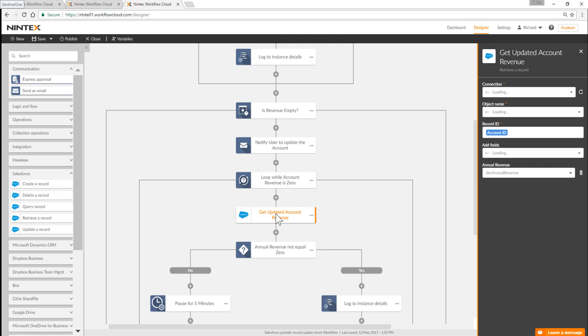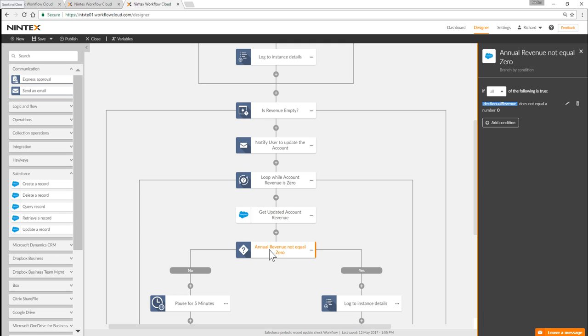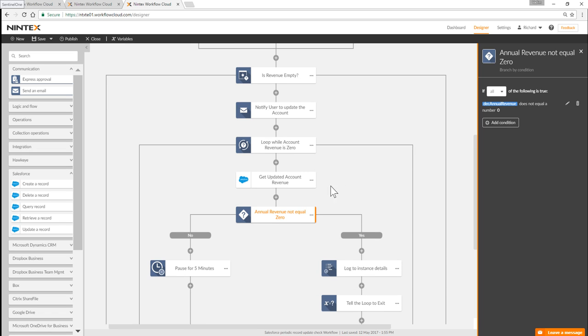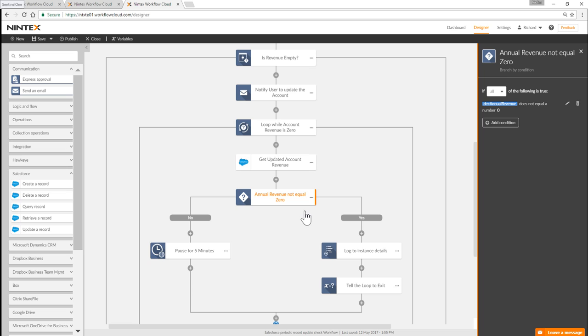Now, what we're going to do is jump in here and do another retrieve a record. We're going to get that specific account and pull out the annual revenue. If the annual revenue does not equal 0, which means somebody has actually updated it,